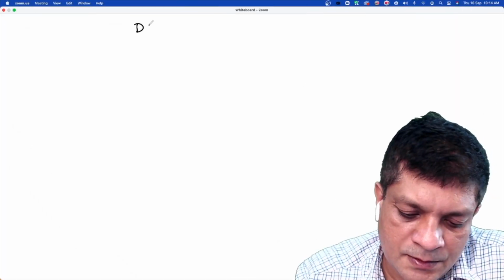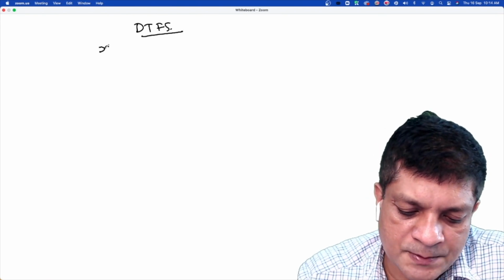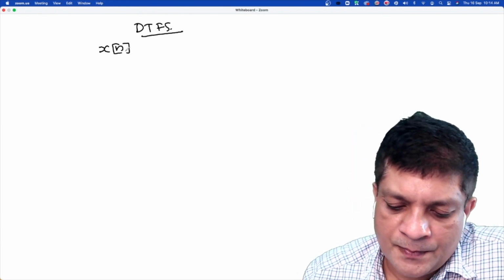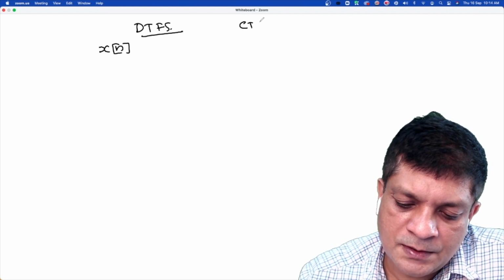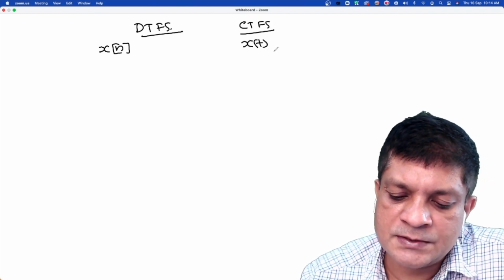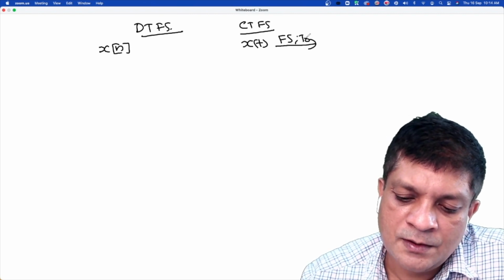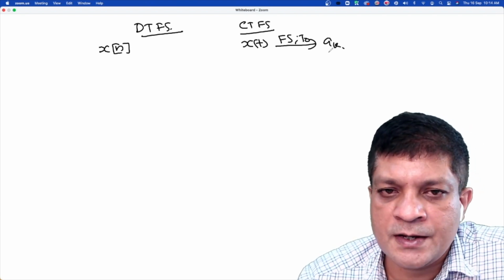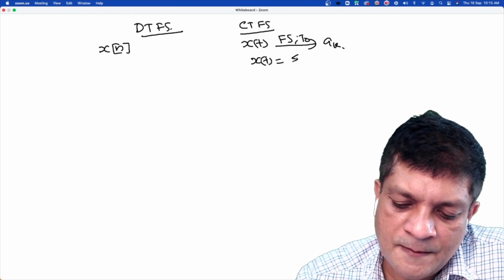So discrete time Fourier series, that is, the Fourier series representation of a discrete time periodic signal x[n]. And let me write the continuous time Fourier series here that we already discussed. If we have a signal x(t) and it is periodic with period T naught, we can have a Fourier series representation. Let's say a_k are the Fourier series coefficients. That means x(t) is